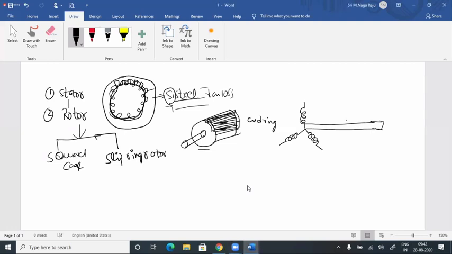See, so we will have this is one slip ring, this is another slip ring. Because it is 3-phase, we use 3 slip rings. Okay, the slip rings are mounted on the shaft of the rotor. Okay, so when the shaft rotates, slip rings also rotate. Now to the slip rings, we will connect brushes.